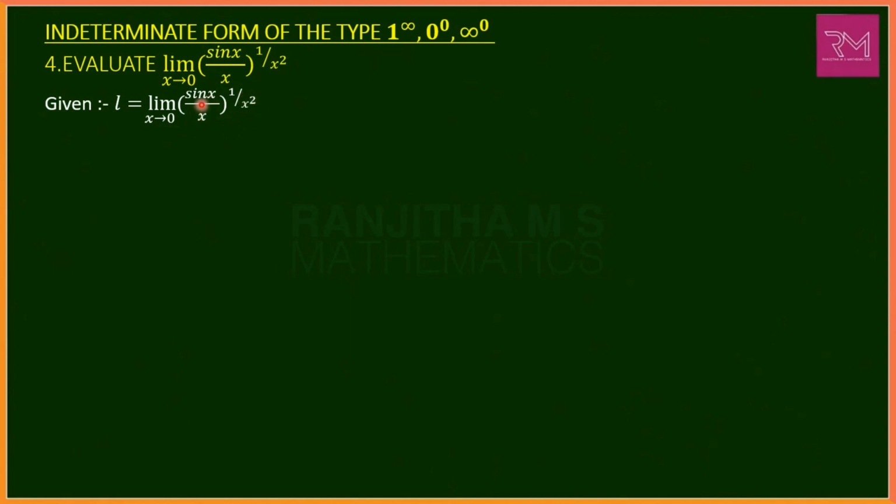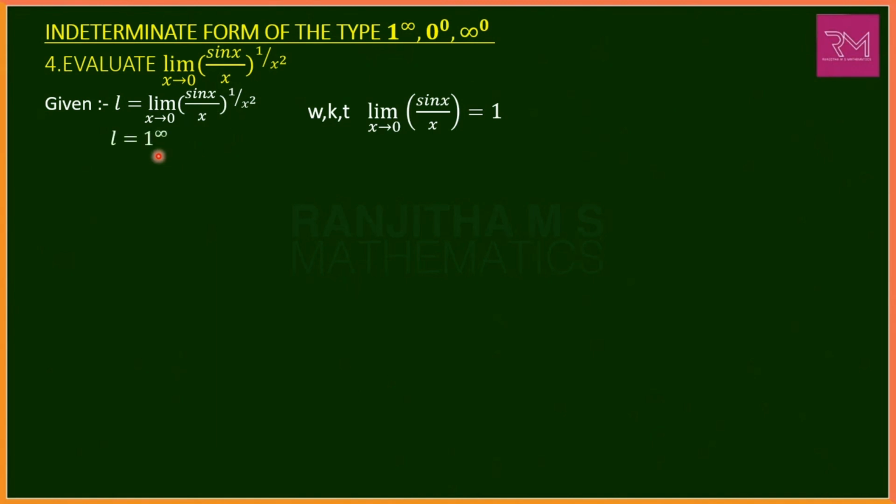If we substitute x is equal to 0, we get sin 0 is 0 by 0, that is 0 by 0 whole power 1 by 0 is infinity, that is 0 by 0 whole power infinity. That is not an indeterminate form. So in this case, we have to apply the formula. You already know limit of sin x by x as x tends to 0 becomes 1. Hence, in the place of limit of sin x by x as x tends to 0, we can substitute 1. This limit applies to the power also, that is limit as x tends to 0 of 1 by x square. If you substitute x value as 0, that becomes 1 by 0, that is infinity.